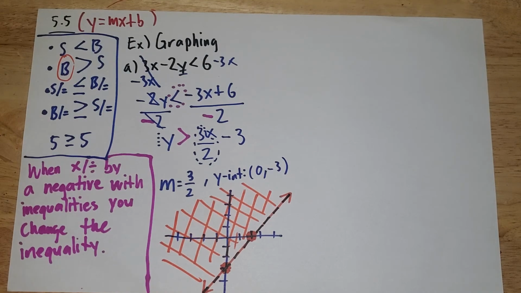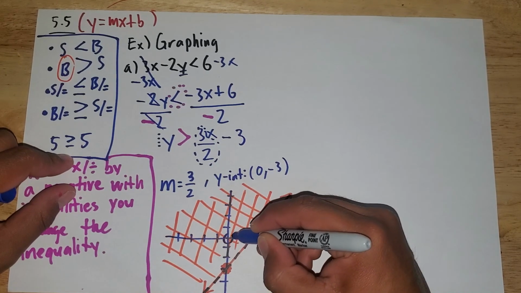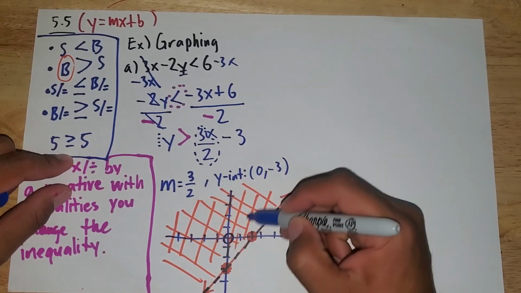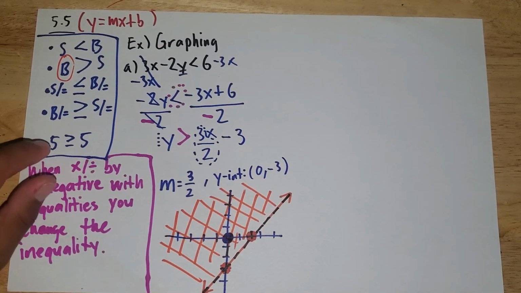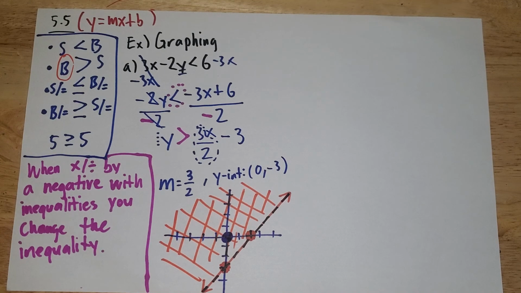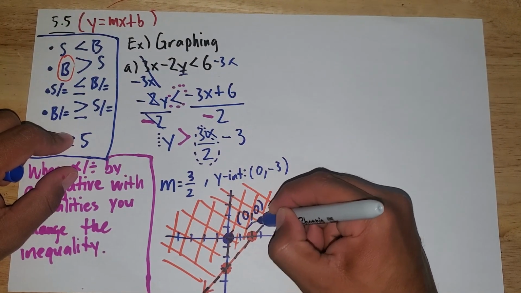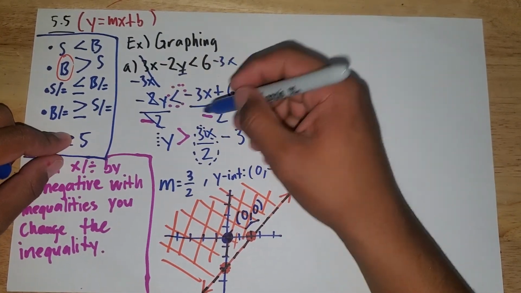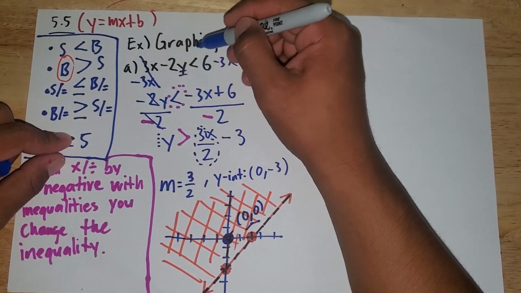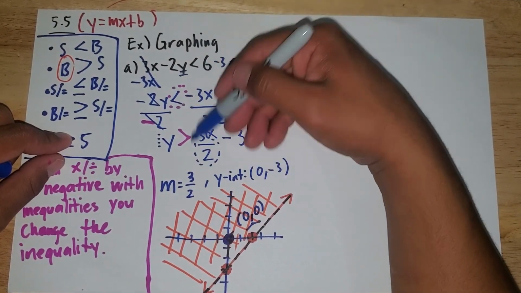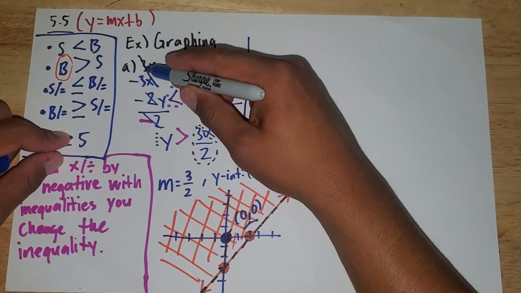But for the sake of checking, so you can see that this is true, I'm going to choose a point that I can definitely tell is on this side of my shaded region. And that point I'm going to use is the origin, just because that is a nice number to use. And don't forget, the origin is (0, 0). I'm going to plug it in. It's always good to plug it back into your original inequality, just to make sure you didn't make any mistakes along the way. So the original one was 3